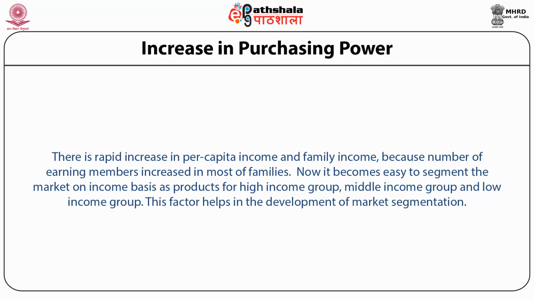We can take the example of Nokia itself. We can take the example of Samsung mobiles itself. They are supplying their products to all these subgroups. For the low income group, they have one segment of low priced products. For the middle income group, they have one kind of product meant for that group, and in a similar way they are also catering to the needs and requirements of the high income group.